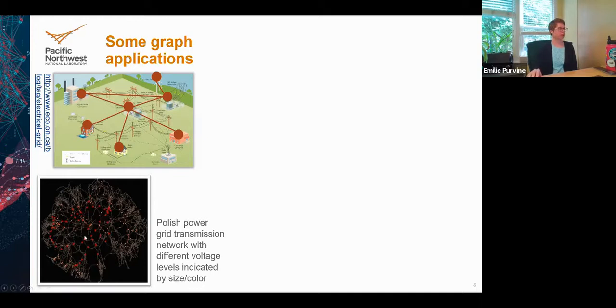And what we found in this study is that the structure of a power grid graph is very different from the structure of other kinds of real world graphs. It has a lot more longer loops, higher diameter than things like social networks. And so we had to come up with a new random graph model that would simulate graphs that had those properties. So that was a really fun project.